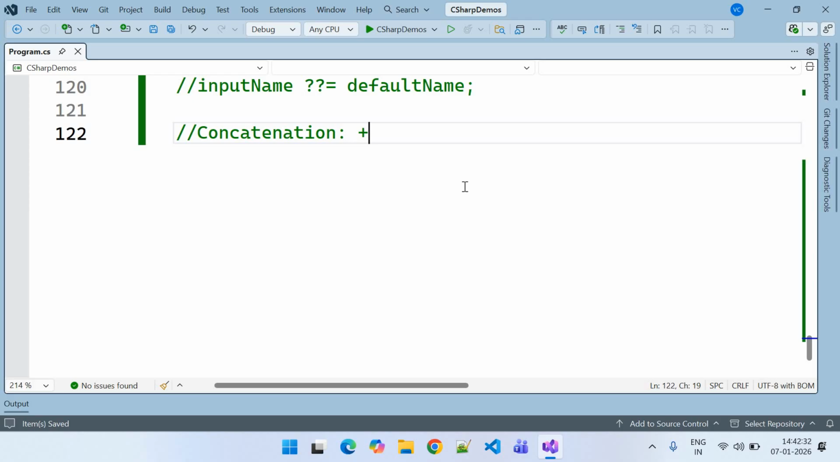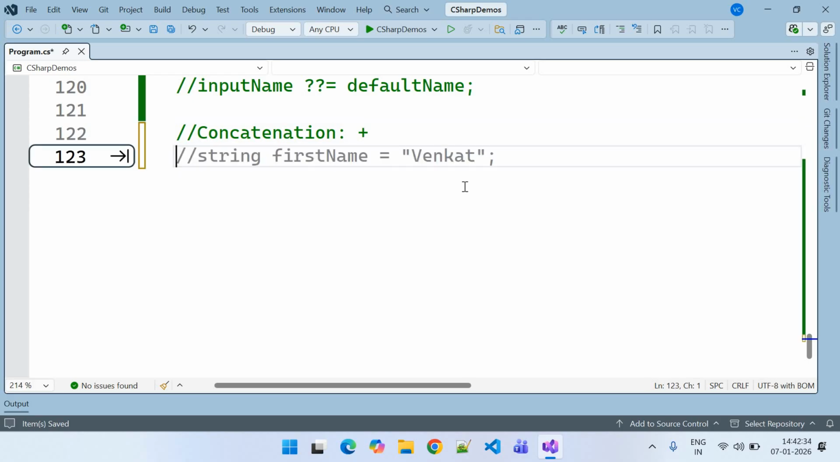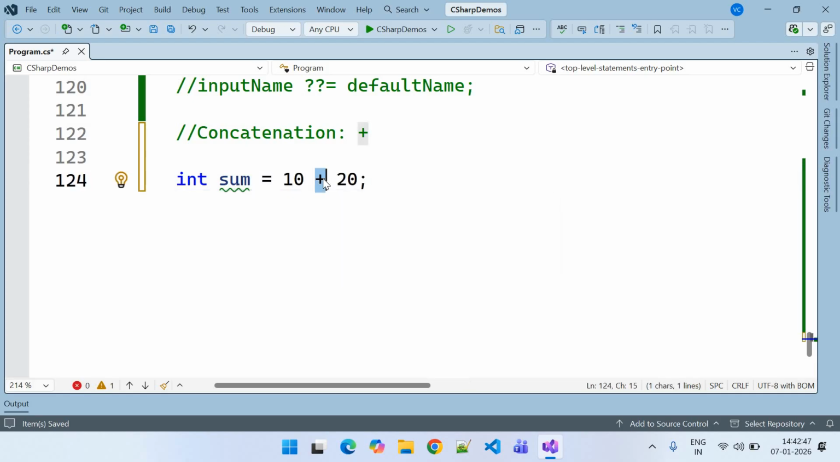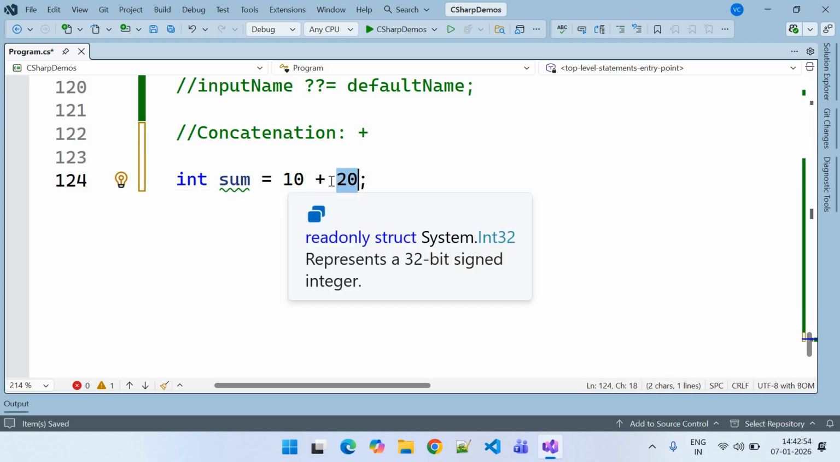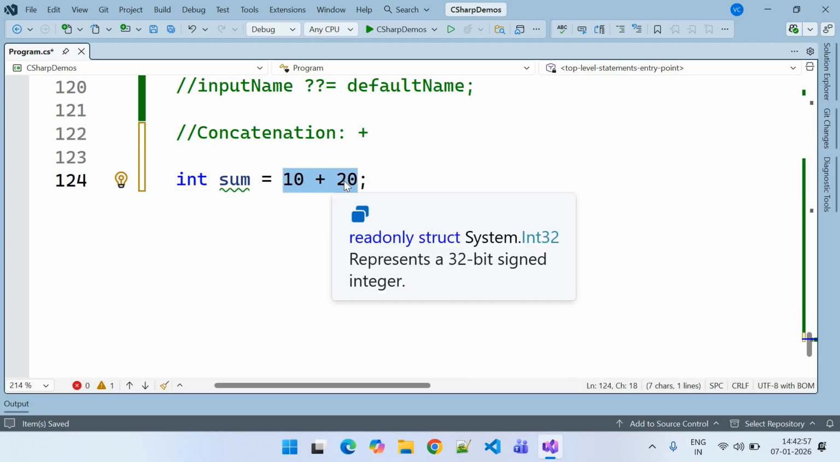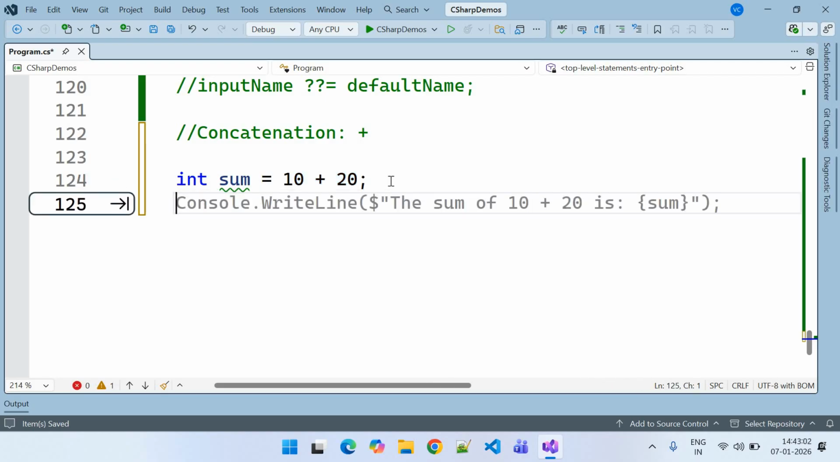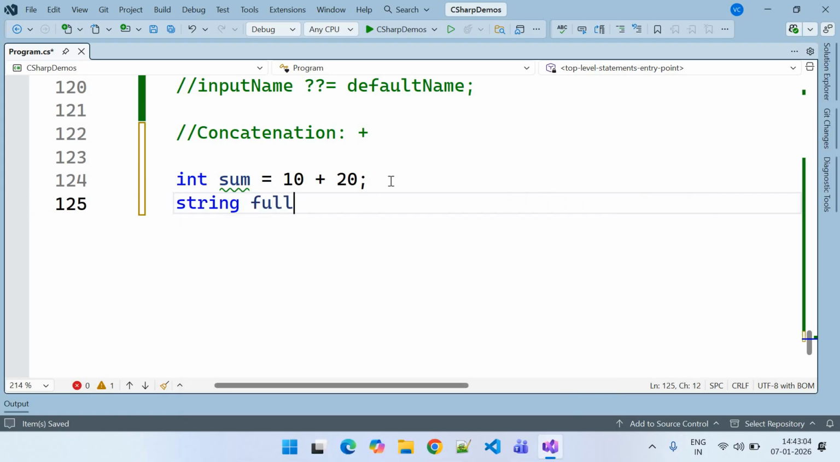Do you remember we have used the plus operator to do something else? We have used plus to add two numbers. Plus is overloaded in C Sharp. So if you use this plus between numbers, it will add those two numbers and calculate the sum. Similarly, if you use the same thing, string fullName equal to,